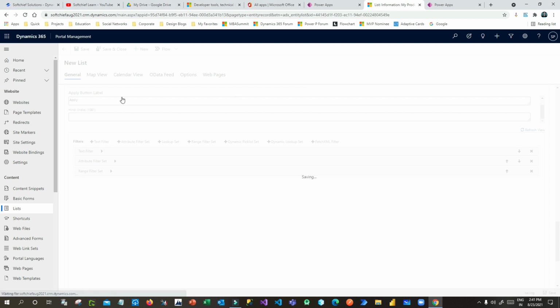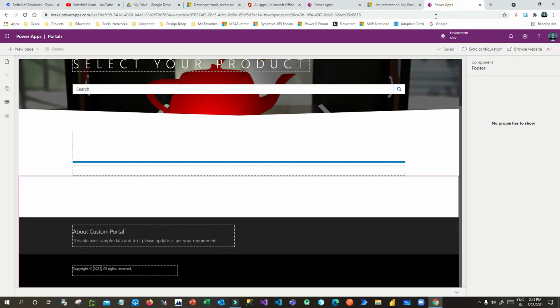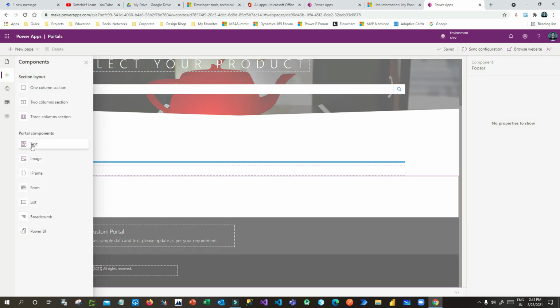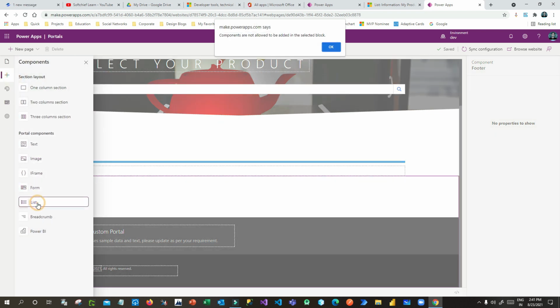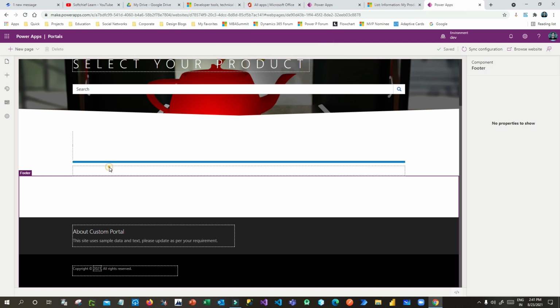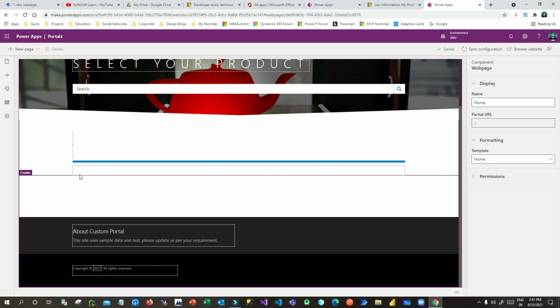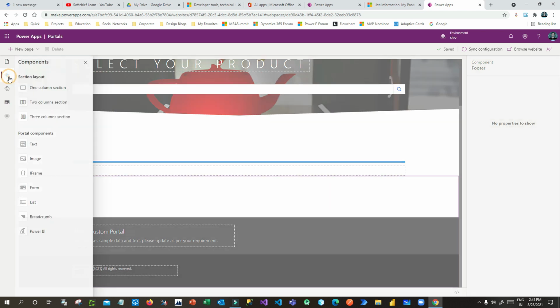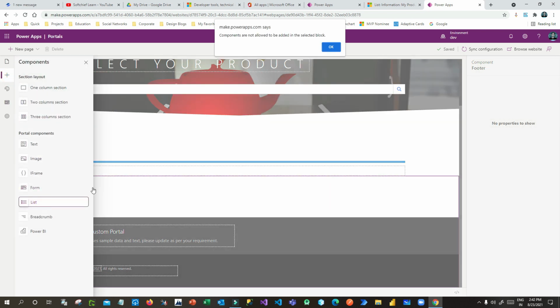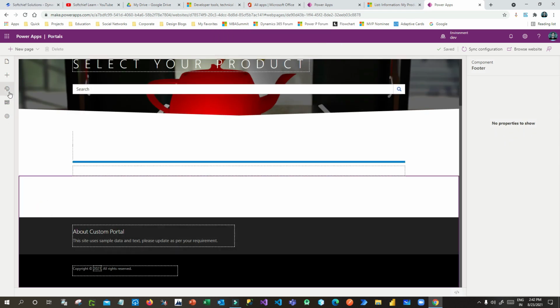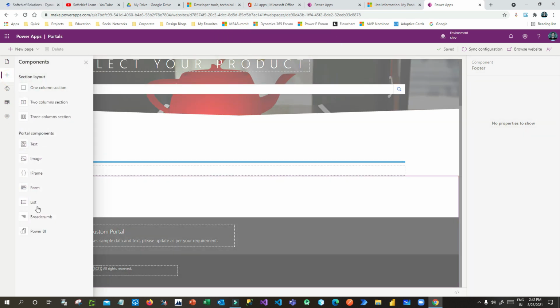Once we have designed this list, I will go to Power Portal Studio. This is our Power Portal Studio. Here I will drag a list control. I will click on list, click on a section. So this is my section, and I want to add a list control. Let me choose a block list.